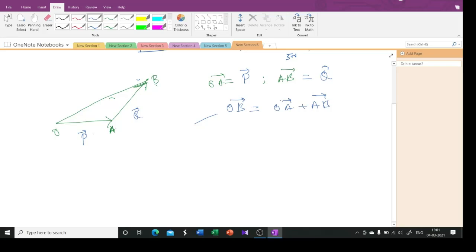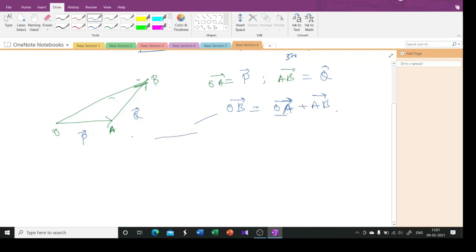Now you can also see this as a hat trick. I use it quite a few times myself. In OA plus AB, this A is common between them. So when we add vectors, we remove this common term. A at the end of this and A at the beginning of this is the same thing. So OA plus AB, we take this term out, and that is equal to OB. That is intuitively a way of getting things. It's not a genuine way of doing it, of course, but a check is always fine. So this is OA plus AB.